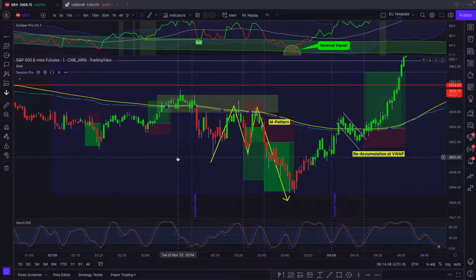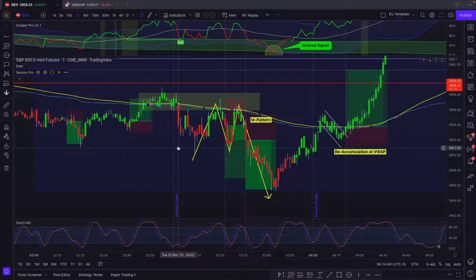I waited until after the London Open, and at the London Open we had a little pin bar being formed right here to the top, and 2 minutes in, price dropped back below, and we consolidated in here with some indecision for the first 15 minutes of this 15-minute candle right after 3 a.m. New York local time. We came back up to test the VWAP, formed a pin bar doji right up here,